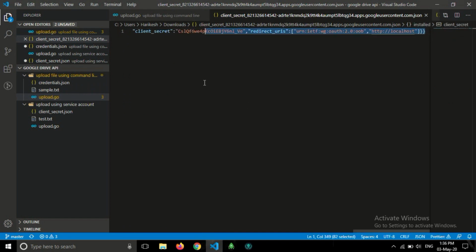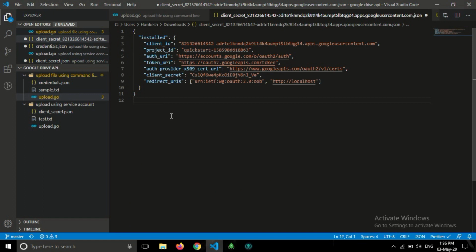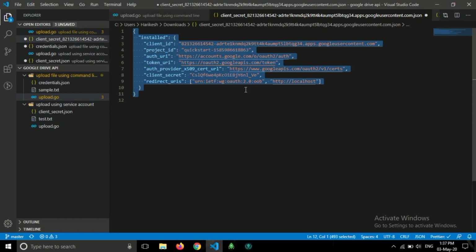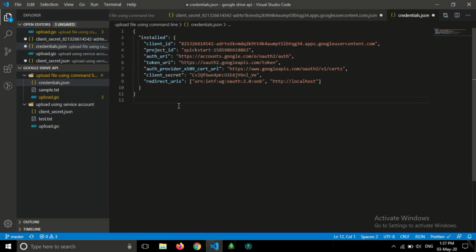It will look like this. So I'm copying this credential. I already created a file, so I'm pasting it here.